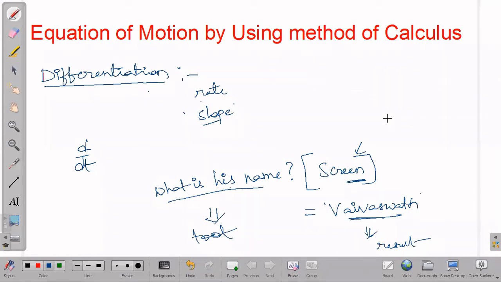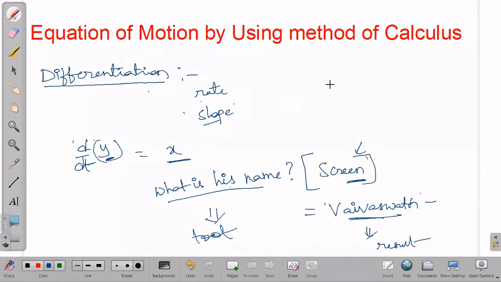So the mathematical tool is our differentiation, d by dt of, if I apply, like the question what is his name that I asked. Where are we applying it? On some variable, so dy by dt. So y is our variable. On this particular thing we are applying this mathematical tool. This is the question I am applying to this particular situation. And this is the result we are getting. So dy by dt, whatever we get, some x of t or something, that is our answer, right? So this is how we use differentiation.